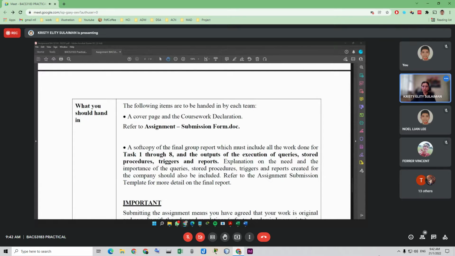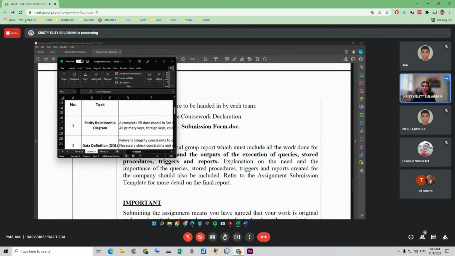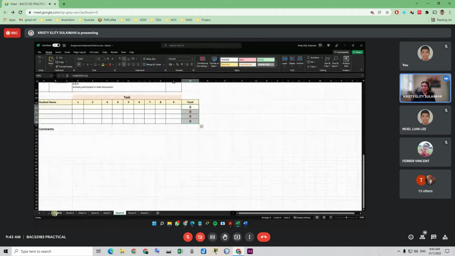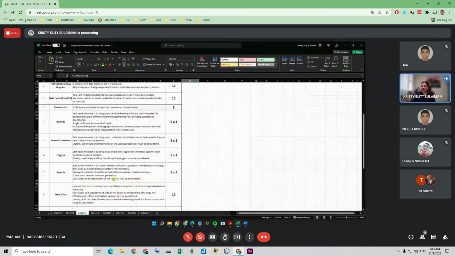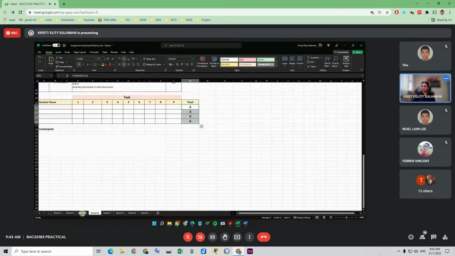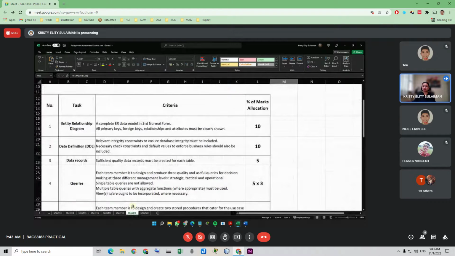Where is it? Rubric. Yeah, the rubric. It's in an Excel file. I'll just give you what the CC asked us to give. I know there are many sheets here. This one is maybe for the lecturer, but you can just refer, it's all the same. All the sheets are actually giving you the same thing. I think this one is used by the tutors or the lecturer for marking. So let's look at the task and the criteria that will be